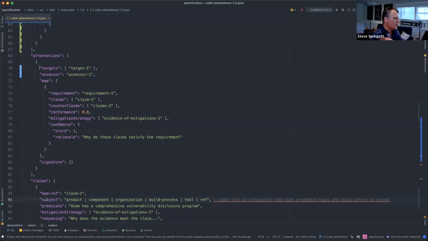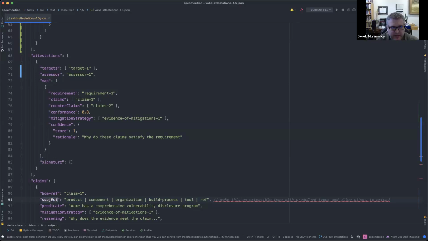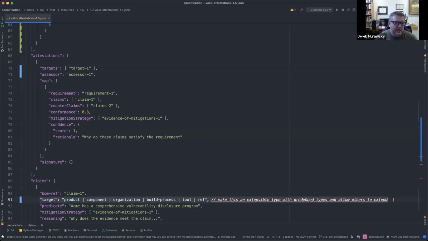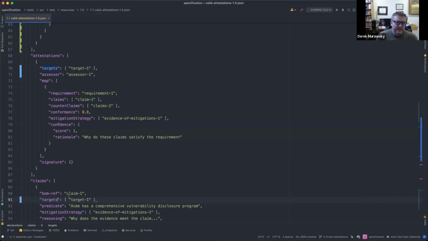Do we want to use the same noun? We could change it so 70 could be attestation target, because this is an array of attestation objects. It's qualified by the object. Yeah, same thing we did. And then claim target down below, attestation target and claim target. We just have to get the descriptions right in the comments. Now, is this going to be plural as well? No, because a claim should be a very atomic thing. So I would say line 91 should be claim target, and line 70 should be attestation target.